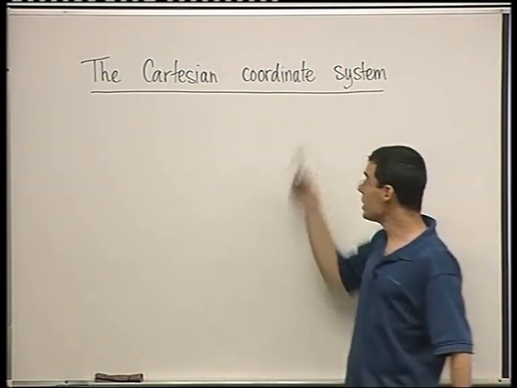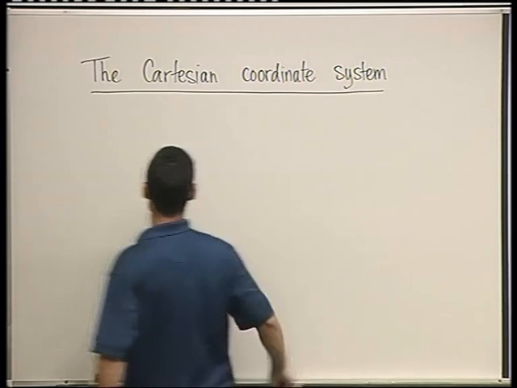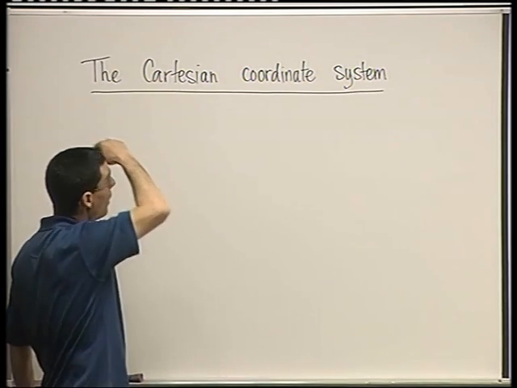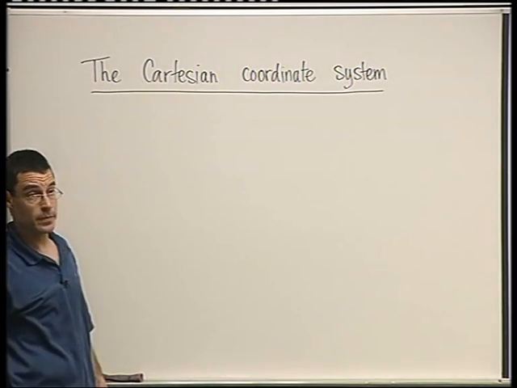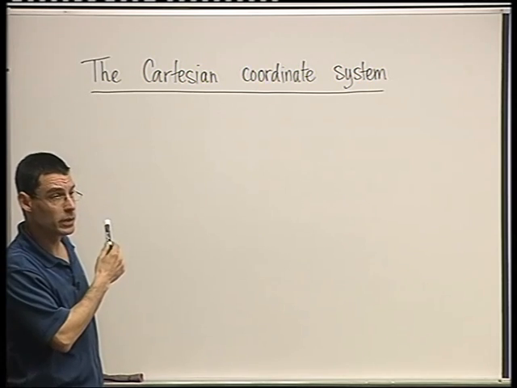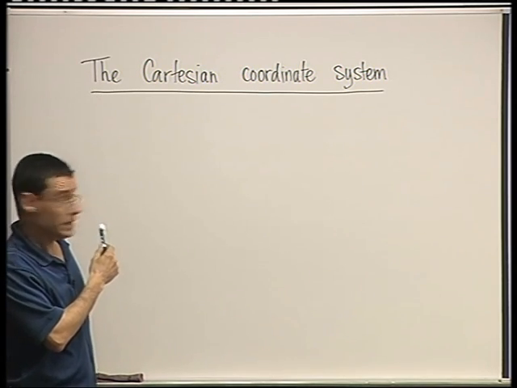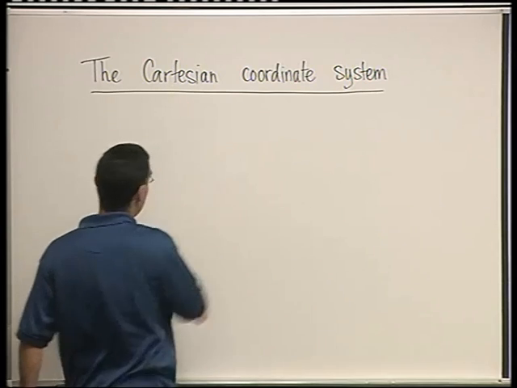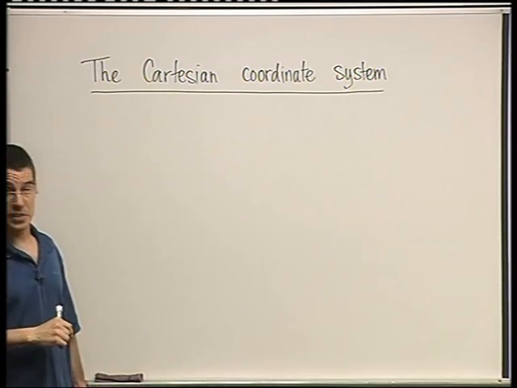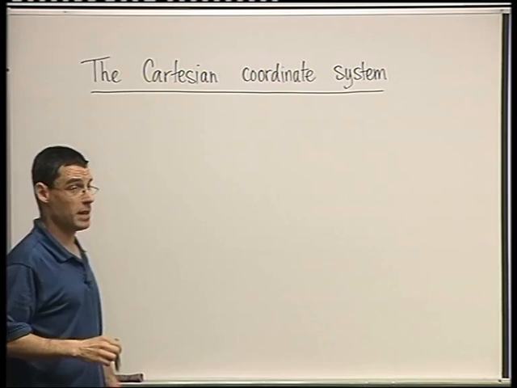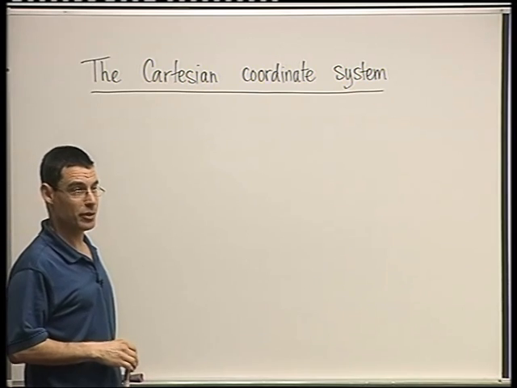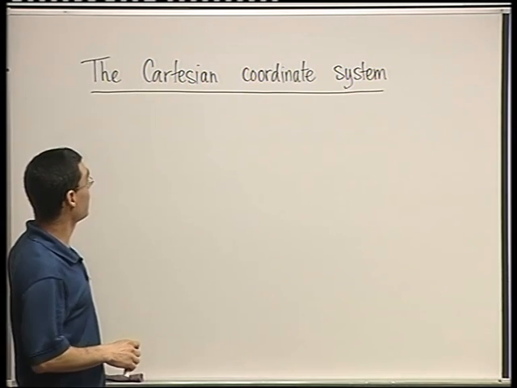Okay, the Cartesian coordinate system is named after a French mathematician and philosopher. Do you know who? Yeah, this was the Latin version of his name. He's more famous by the name of Descartes. I don't know if you've heard of him. You have, good. So René Descartes,